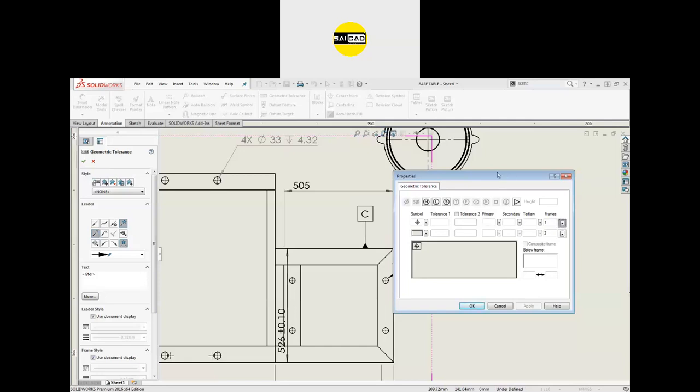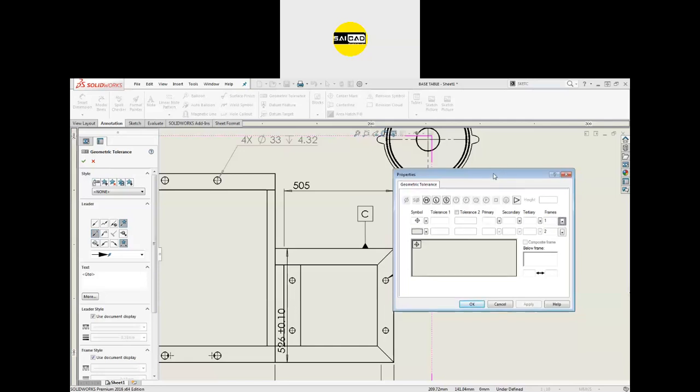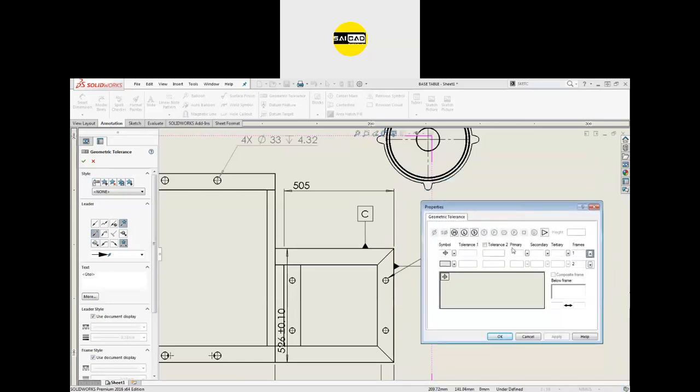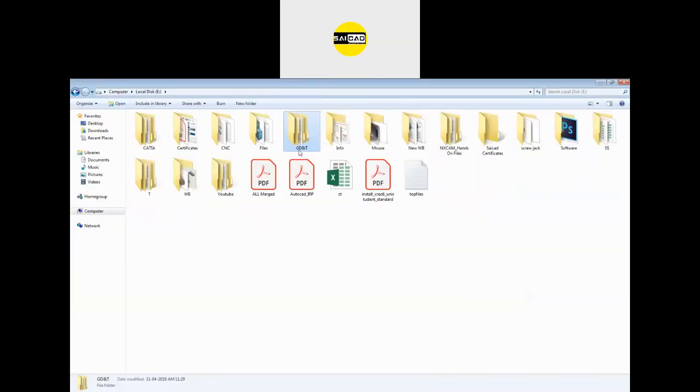Okay. So tolerance is a large concept. We need some time to define the tolerance. We need some time to understand what is the tolerance, what type of tolerances we have, what is the flatness, the circularity, all the symbols, what are their meanings. So it will require some time to understand the tolerances. For that, we have to cover the geometrical dimension and tolerancing. That will require some time.